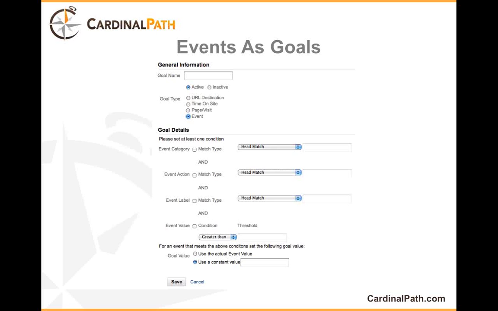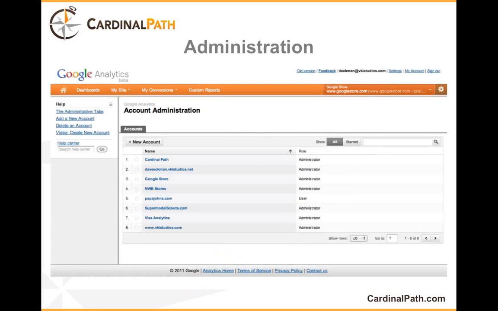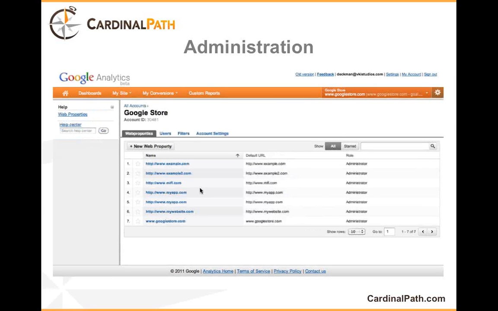The last section of the new interface I want to go through is the administration side. As I mentioned, in the top right you'll see the gear icon. By clicking on that, you get taken to your account listing page. And here it's going to show you all the accounts that you have access to. By clicking on an account, you'll get taken into the